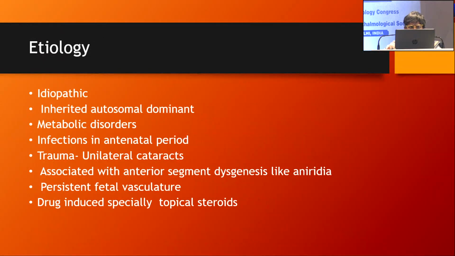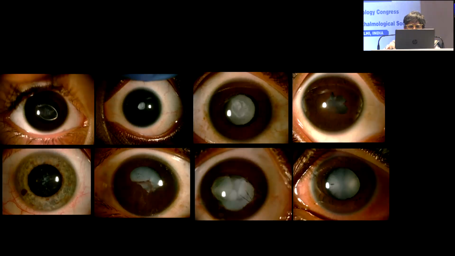So, these are the various etiological factors, and they are all self-explanatory. And you can see in a pediatric clinic a whole spectrum of children presenting with cataracts in different ways, starting with lenticonus with posterior capsular dehiscence to steroid-induced cataract here. In between, there are several with trauma, both penetrating and